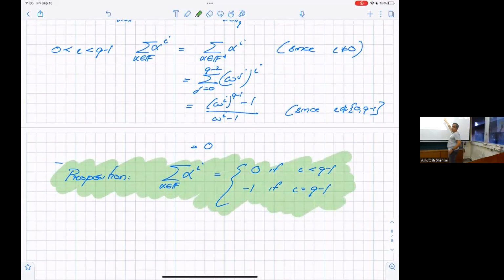So that's the summary of it. It's always 0 for every i except when